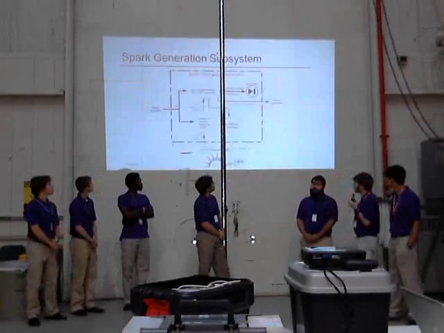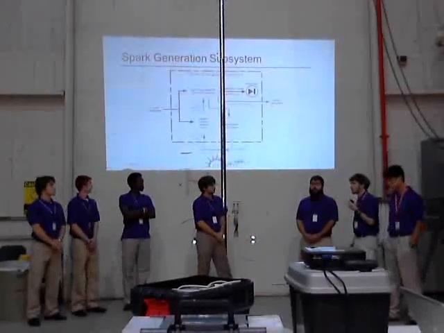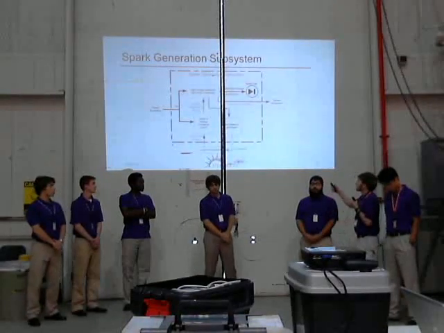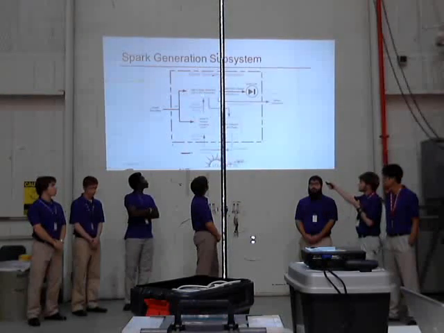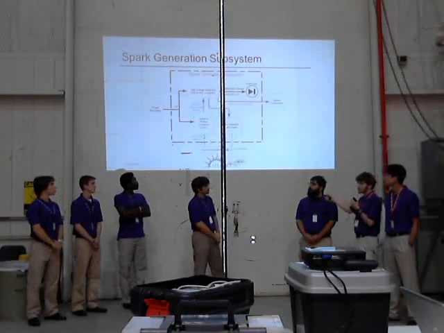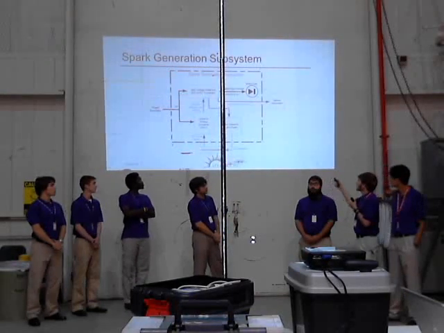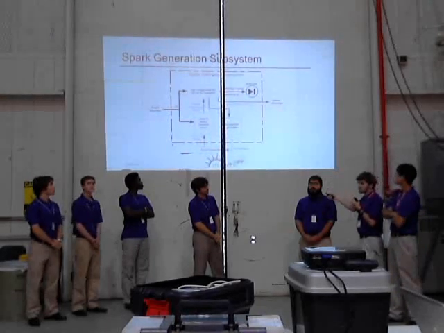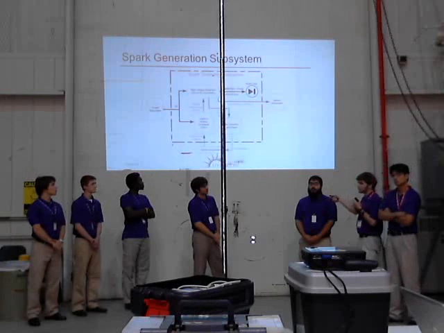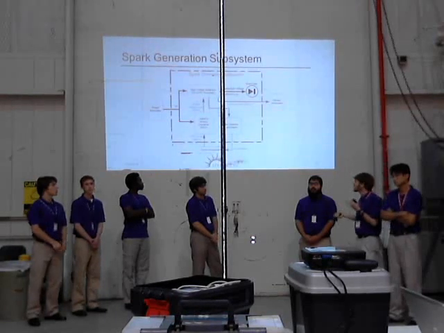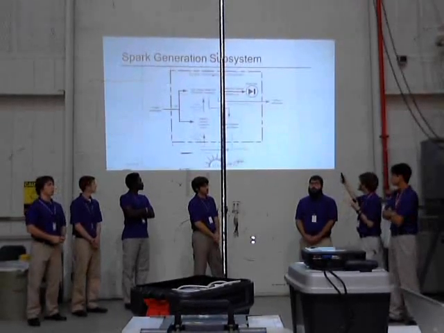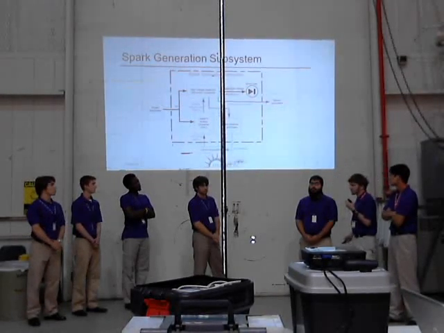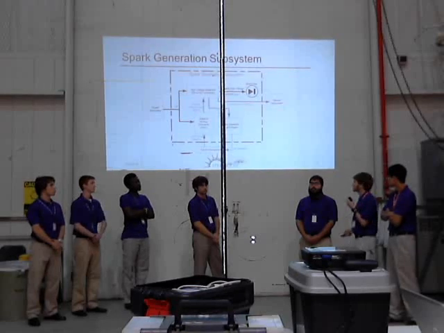And this is how we'll be able to get our 4,000 volts for our scientific experiment. We have a high voltage DC to DC converter that is controlled by a digital to analog converter that will supply the 4,000 volts. And then we have a detection system built in place to detect whenever there is a spark that occurs. And we are also recording the voltage directly off of the DC to DC converter.